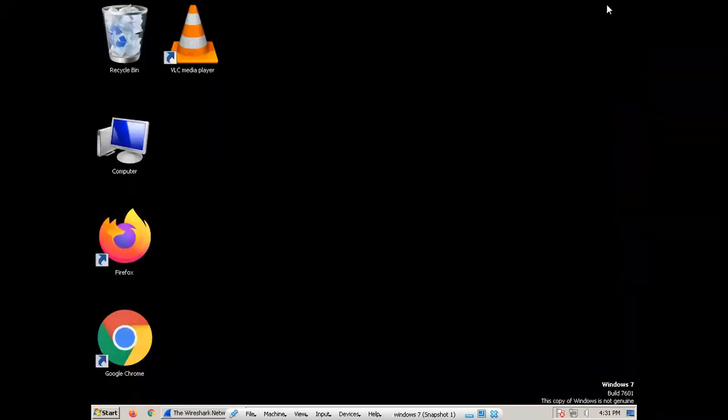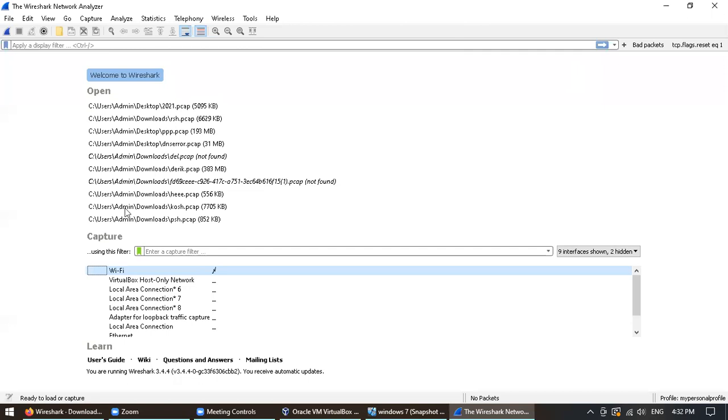Similar to this, I'm going to show you another thing. On my other machine, you can see there are some files it's showing to open. As you can see, these are pcap files, that's the format.